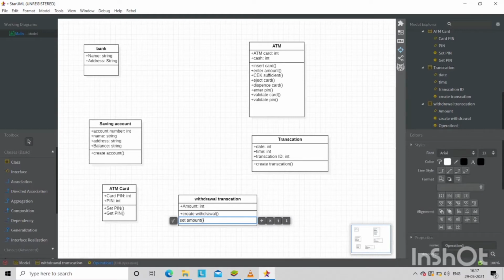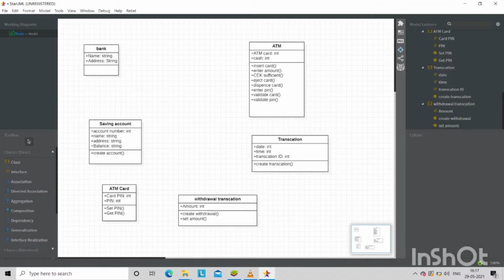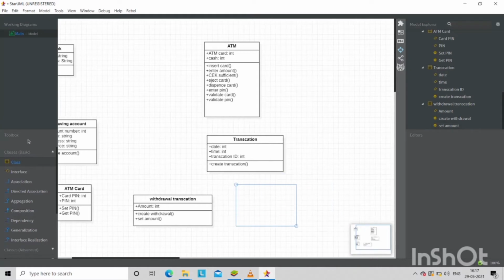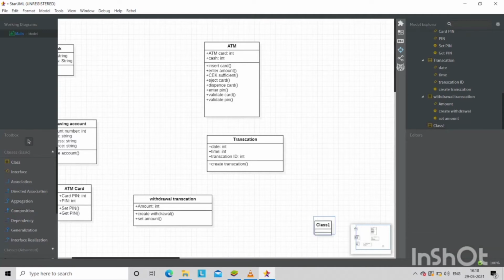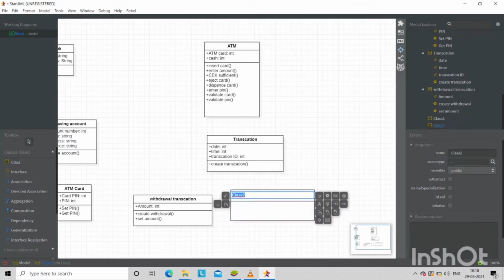Withdrawal Transaction's attribute is amount, and its operations are create withdrawal and set amount, which help in withdrawing the money through the ATM card from our account.